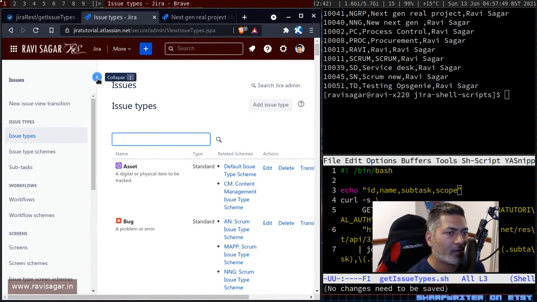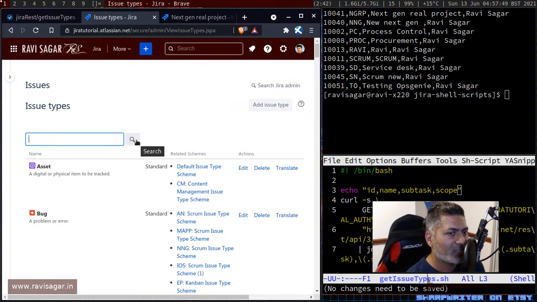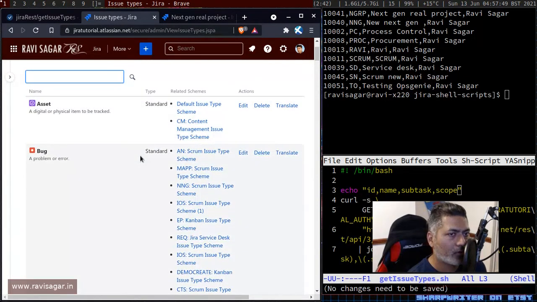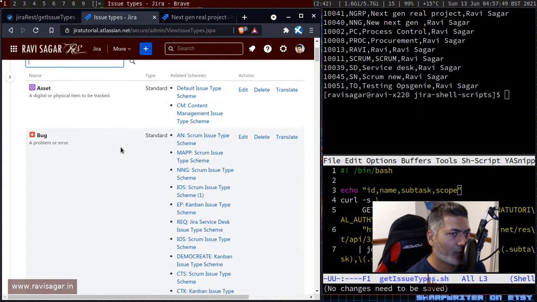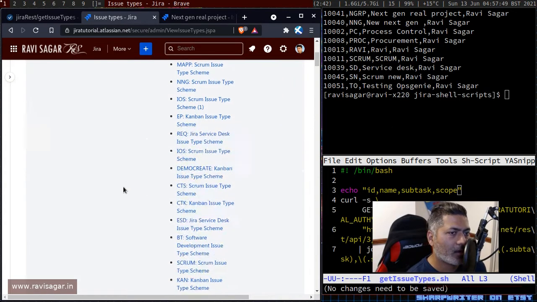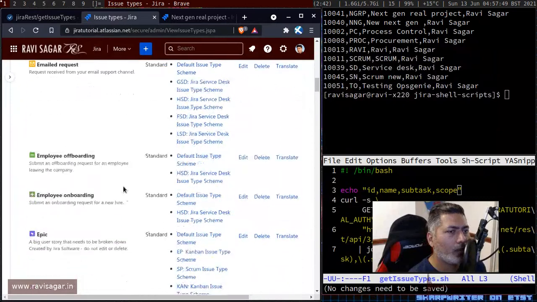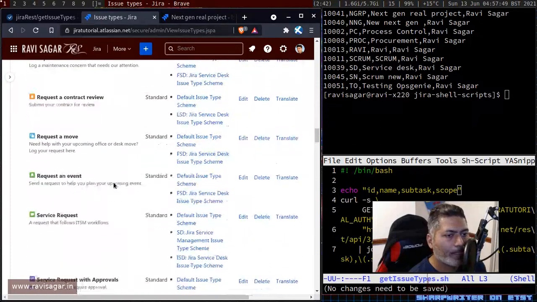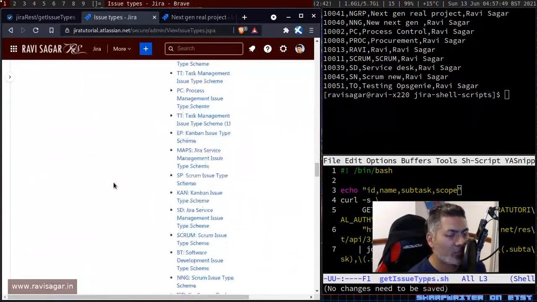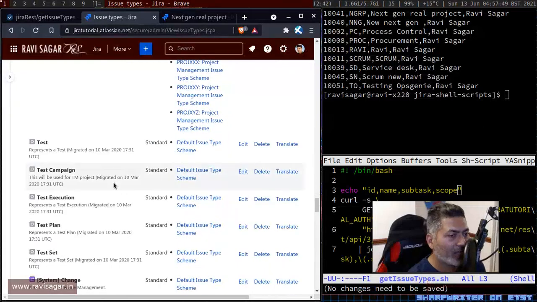Now, if you look at this particular list of issue types, of course we are on cloud, and on cloud there are slight differences. If you look here, you have something called asset bug, and if you scroll down, you will probably not notice anything massively worrying here, because we don't have a lot of issue types, and all the issue types look unique. But usually when you're working on Jira instances, this list can be huge, and you may need to export this list somewhere to analyze it.